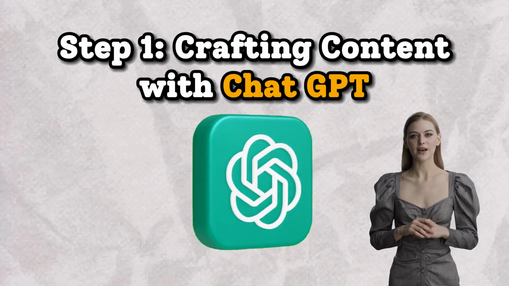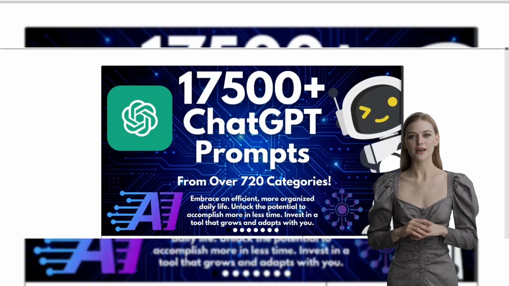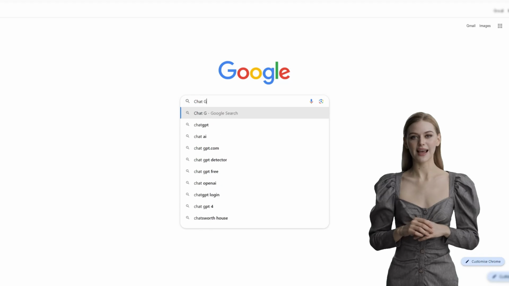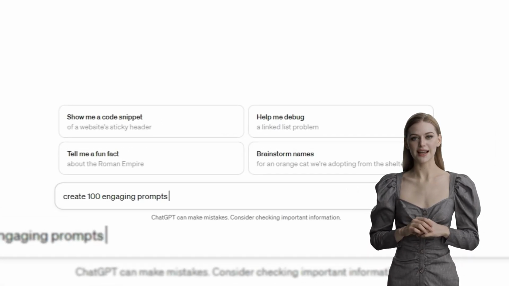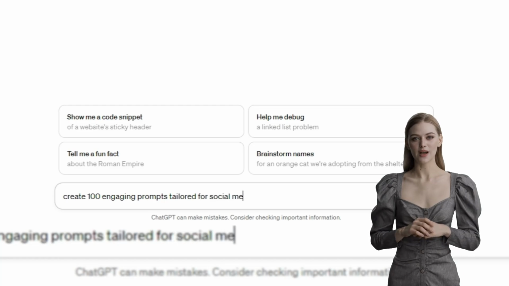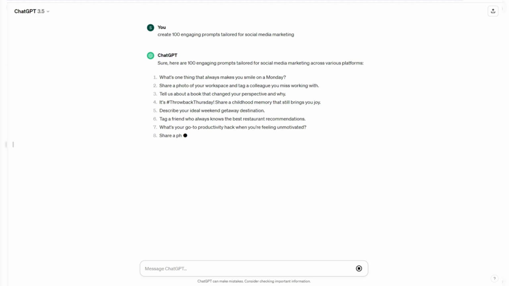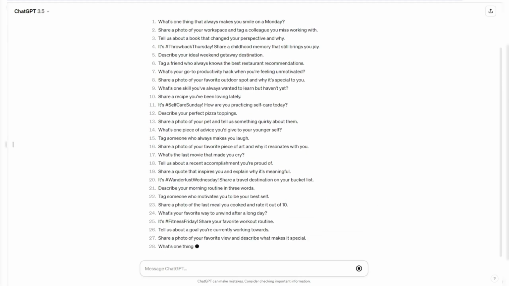Step 1. Crafting content with ChatGPT. The journey begins with the core of your digital product, content generated by ChatGPT. Open ChatGPT and input something like the following prompt. Create 100 engaging prompts tailored for social media marketing. This request produces a wide array of content ideas, ensuring your product appeals to a diverse audience, similar to FEXYL's